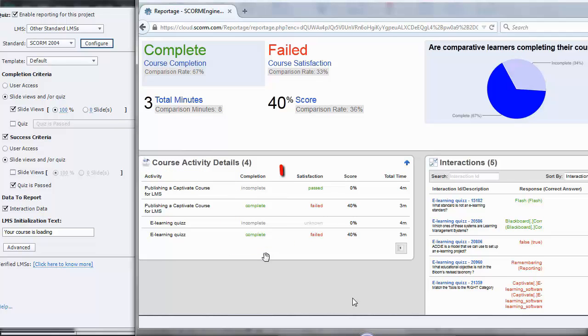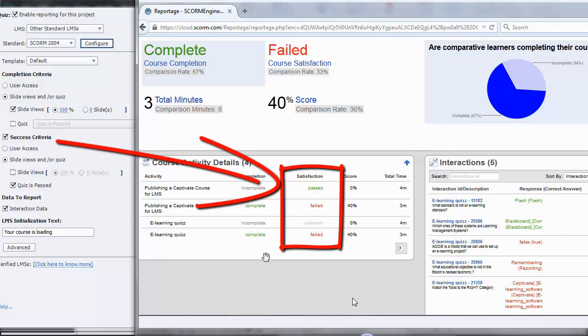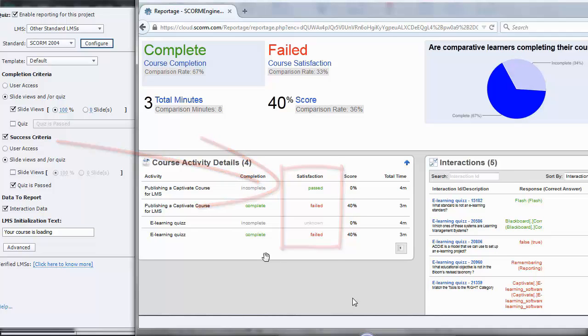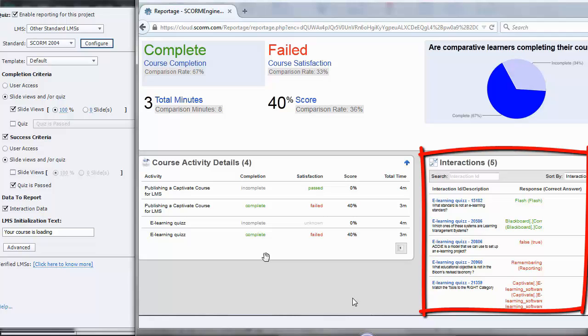Criteria of success, with pass or failed according to the result. And an interaction panel where questions and given answers from a quiz can be reported.